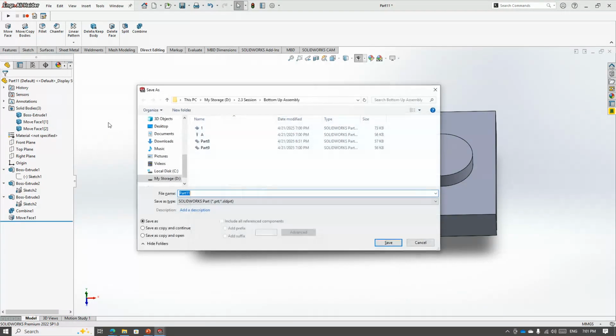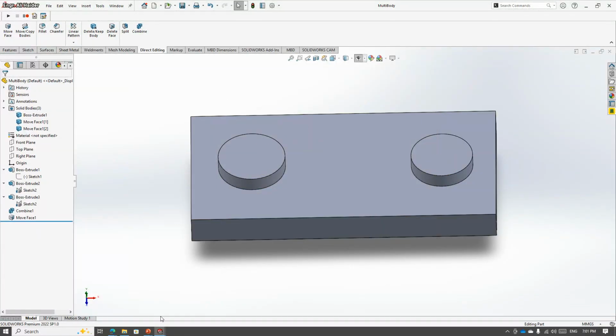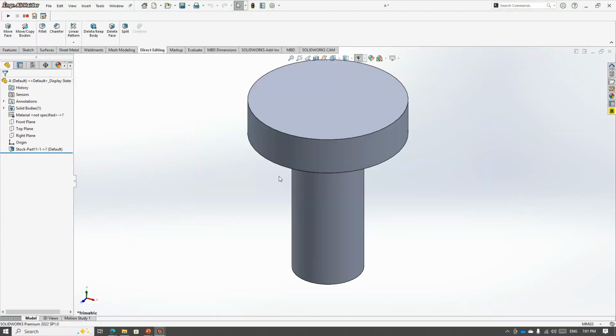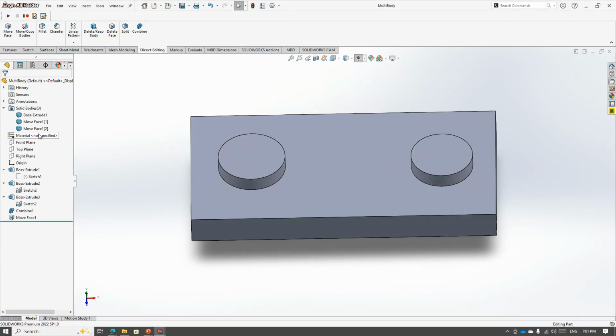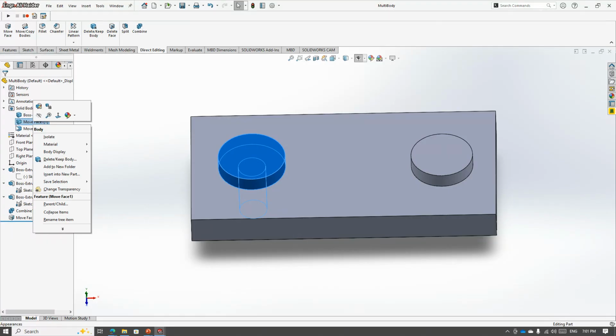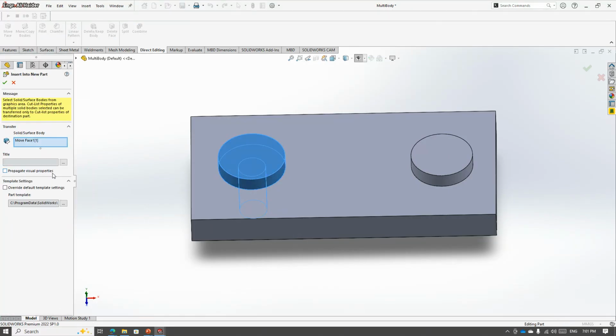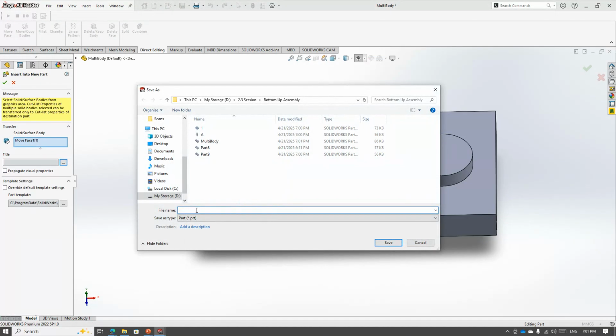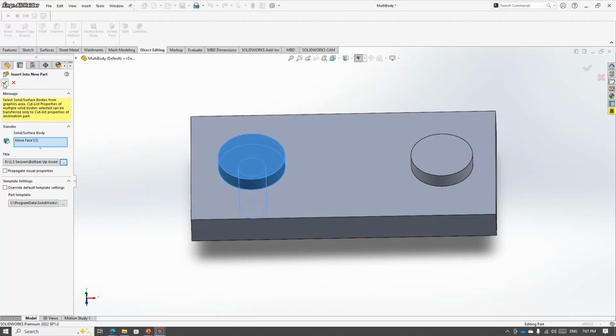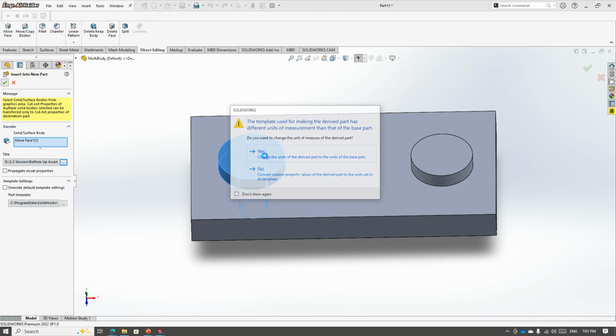When I click on save, I need to save multi-body. Okay, I need to save the part. Okay, when I click on my save and go back to my main part, you can see the diameter should be changed. So it has broken the reference. I need to close it down again. I have to first save the multi-body part and need to add it into the new part, name it as double A, save it